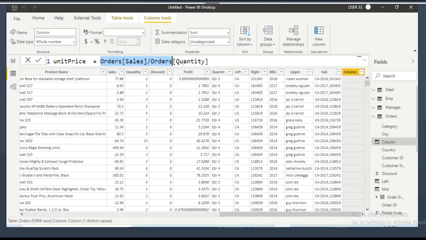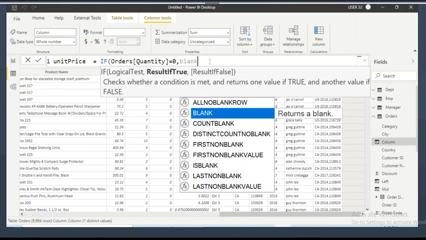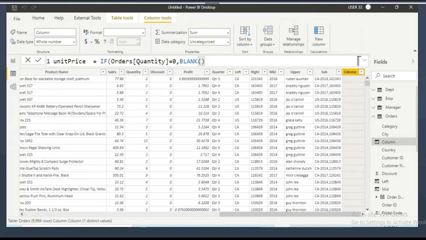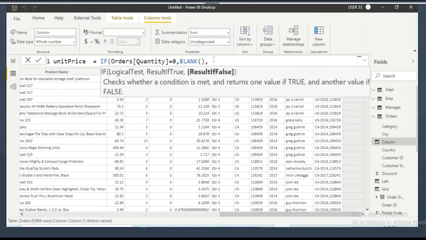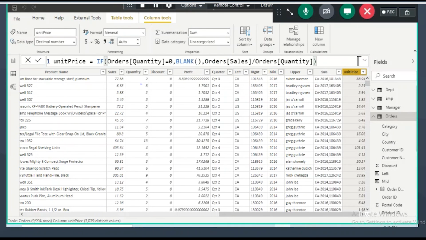I can write a condition like this. Instead of directly writing this formula, I can write: if the quantity column is coming as 0, I want to show the output as a blank value. When quantity is other than 0, I want to divide sales by quantity. If the quantity is other than 0, we perform sales by quantity. This time what it will do is, whenever for some reasons quantity values are coming